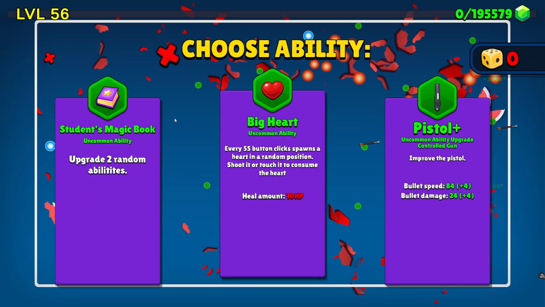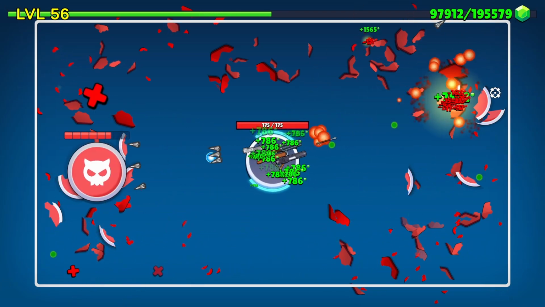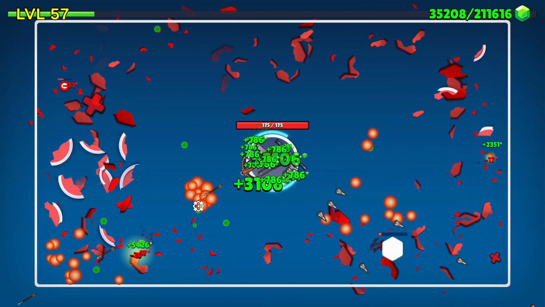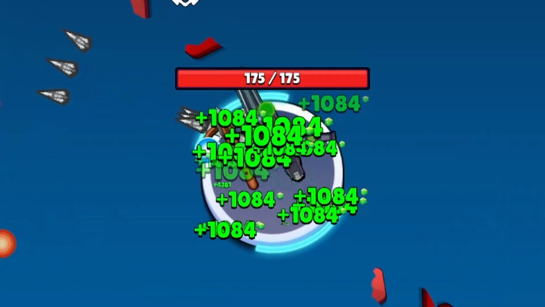I like how we're kind of surrounded by this graveyard of enemy button corpses. Just red buttons scattered everywhere. Oh, this is a good one actually. We can now have 4 choices every time we level up instead of just 3. That'll work so well with the rerolls we've got as well. If we take this 300 point upgrade on click, pretty much means it's 600 points because of the double click